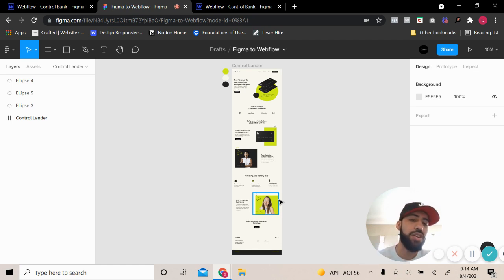So today, what I'm going to show you is how to take this design you see right here in front of me from Figma over to Webflow. We're going to be doing no animations. So I'm just going to be showing you the structure of how to lay things out, how to build certain elements in Webflow using relative, absolute positioning, and we're going to be using a lot of CSS grid